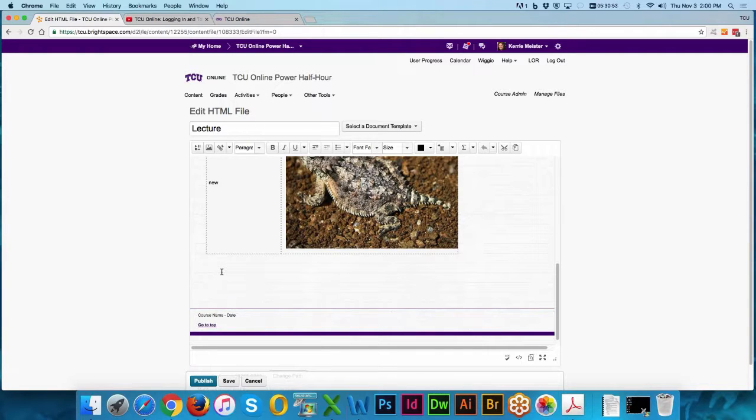So first I'm going to link to a course file. That means that I have a file uploaded or one on my desktop that I would like to add to my course. So this is an example of a linked file. To add a link, we go to the little link icon